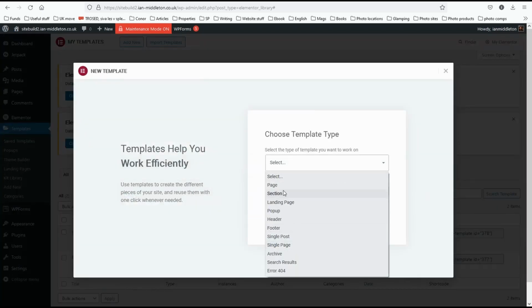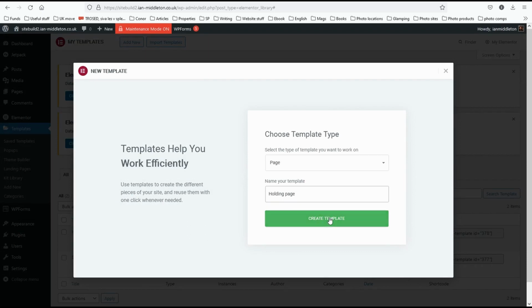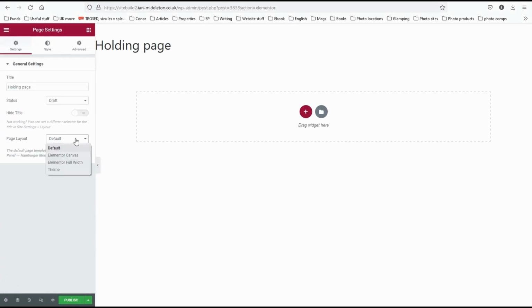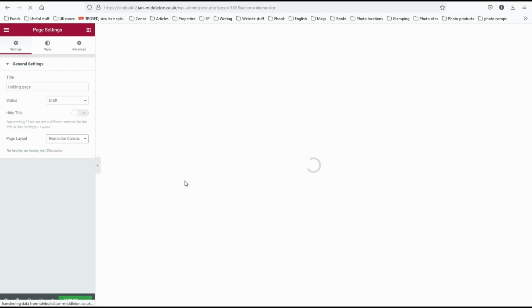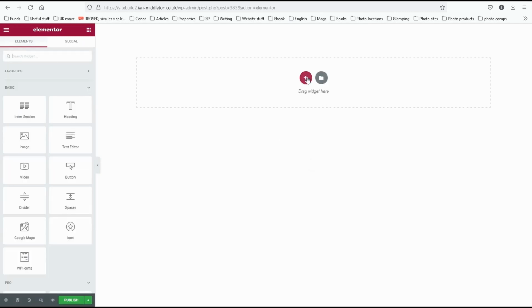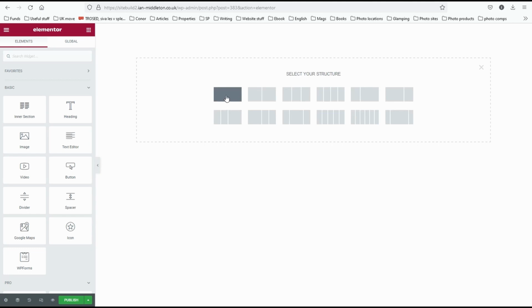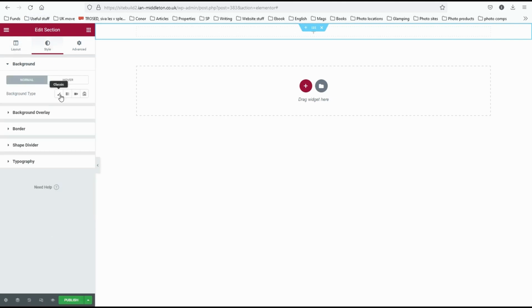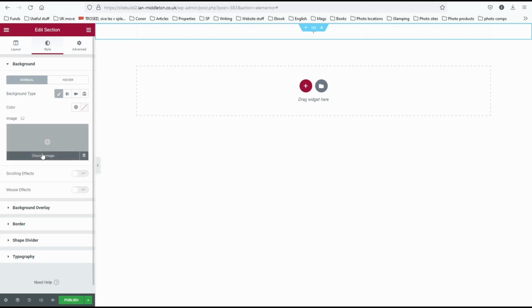We'll create a page, call it holding page, click create template. Now we want the whole page to be one. So go over to this settings button here, page layout, and select Elementor canvas. That will get rid of any headers or footers that you may have set up. Come up here and just simply click this button here to create a box, and in that box what you want to do is click here, go to style, click background type, click this, and we want to insert an